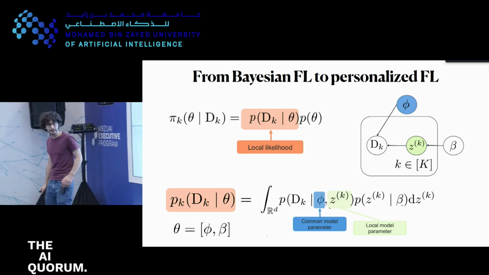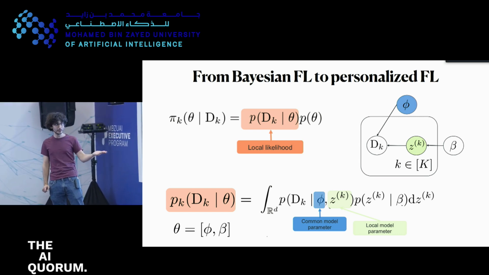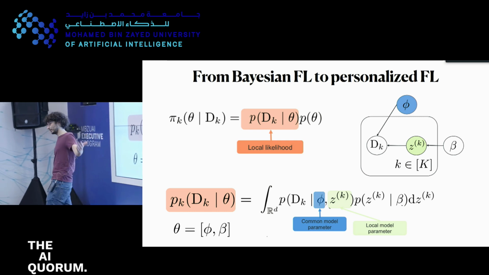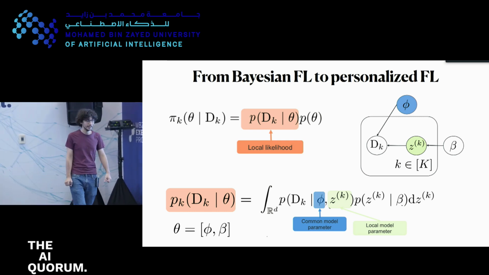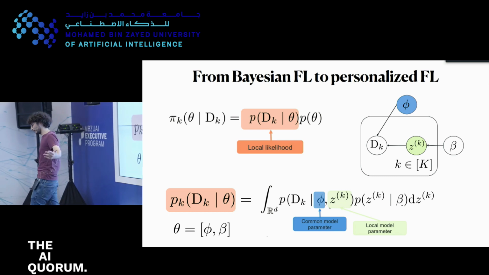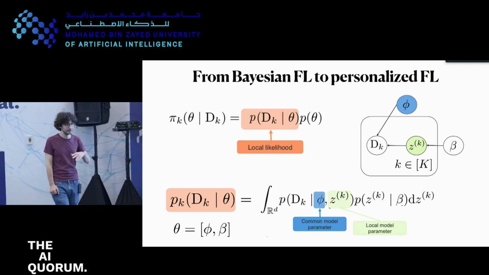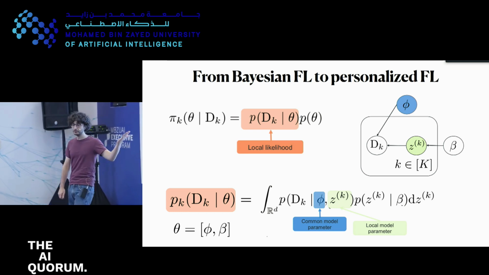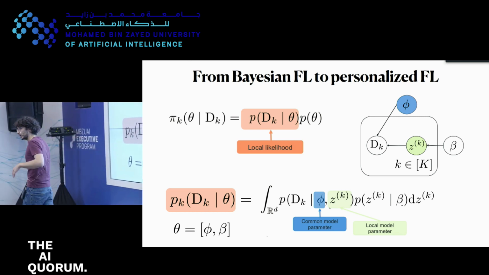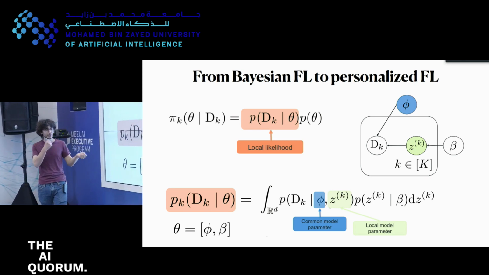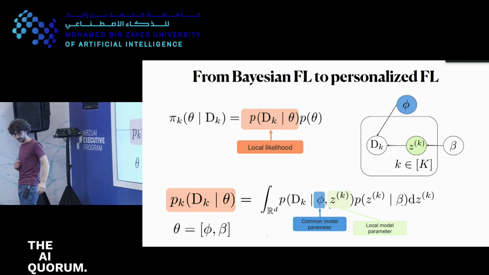Okay, so now suppose that I have a hierarchical model where the likelihood of the data depends on a global parameter phi and a local variable zk. Now I specify my likelihood, and I put a prior on my local variable zk, depending on an extra parameter beta, which is global to all my clients. So here you really dissociate, as in some talks,